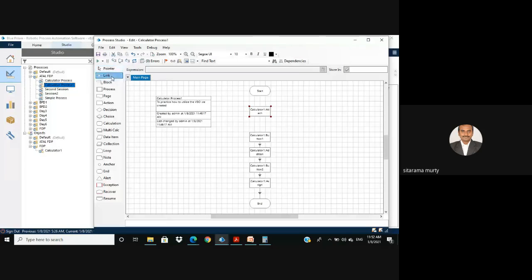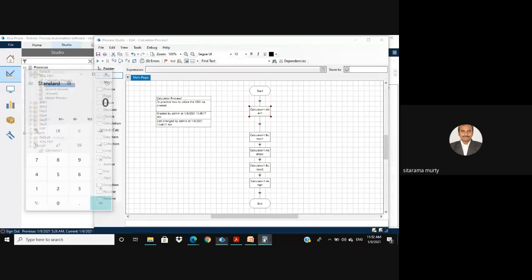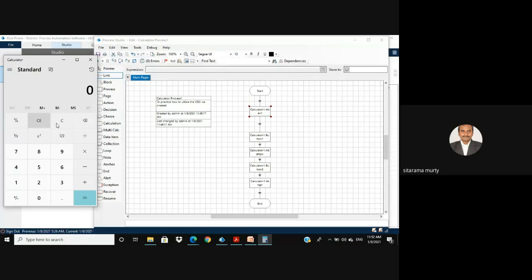So let us connect these stages now. So all the stages were connected. Let me open the calculator. Reset it, refresh, reset, simply run it. The calculator has got attached. Now we can see that the buttons are being pressed and the result is shown there. Okay. So this is